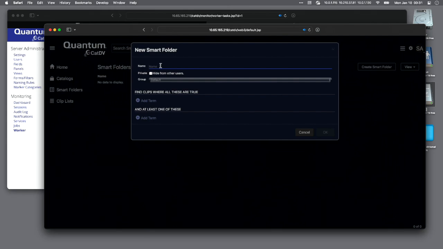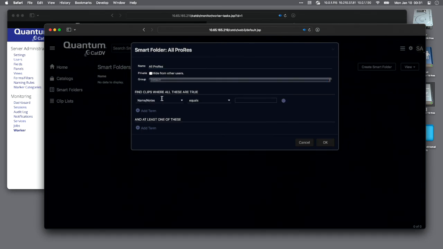So in this particular case, let's say I want to take a look at ProRes. I want to see all of my clips that are ProRes. So I'll come up with a helpful name called All ProRes. No group. Let's go ahead and add a term. Let's say video. I happen to know that video